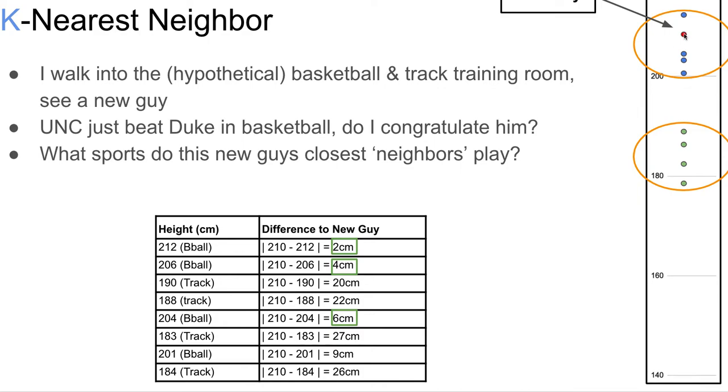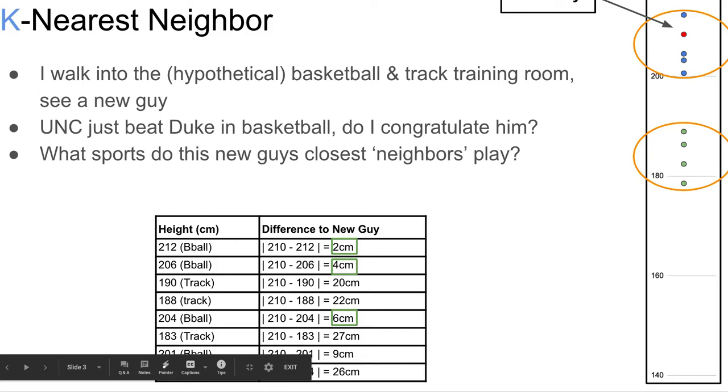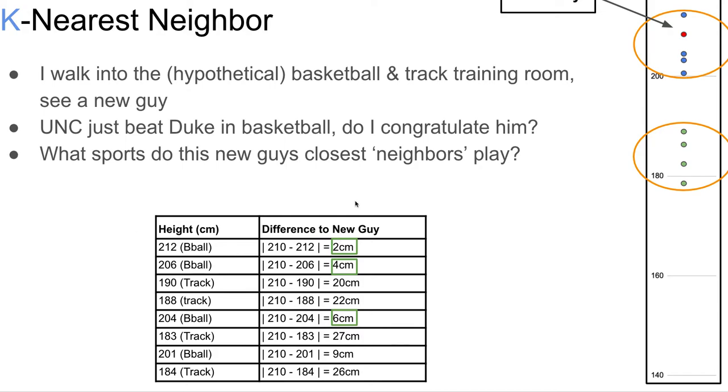And so essentially what the k-nearest neighbor algorithm does, and usually how we would judge as humans as well, would be to see where this new guy that we just saw fits in. Usually we would look at a bunch of variables, but let's just say we're only looking at height. We go, oh, he's around the same height as all these other basketball players. He's probably a basketball player too. And the K stands for the K number of closest neighbors. So we take a look and we go, who are the closest neighbors? We say K equals 3. We look at the 3 closest guys. They all play basketball. So this new guy also must play basketball. So that's how that